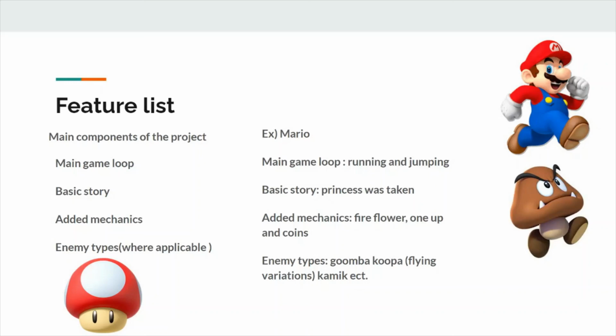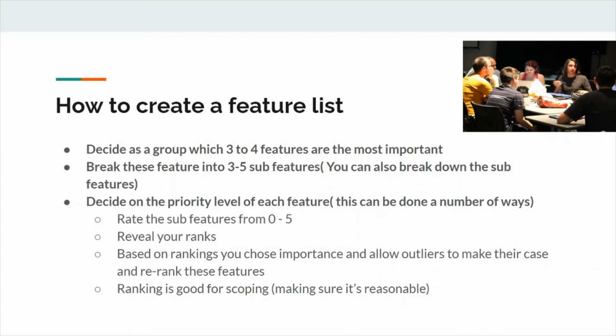Added mechanics, the fire flower, the 1-up, the coins, the mushroom, all of these are added mechanics into the game to make it more interesting, more fun. And lastly, enemy types. Goomba, Koopas, flying variation, and Kamek, and bosses. We all know Mario. This is basically what a feature list is. Now, how do you create a feature list? A feature list should be decided as a group, and you want about 3 or 4 features that you feel like are necessary to make your game complete. You would then want to break these features into 3 to 5 sub-features,